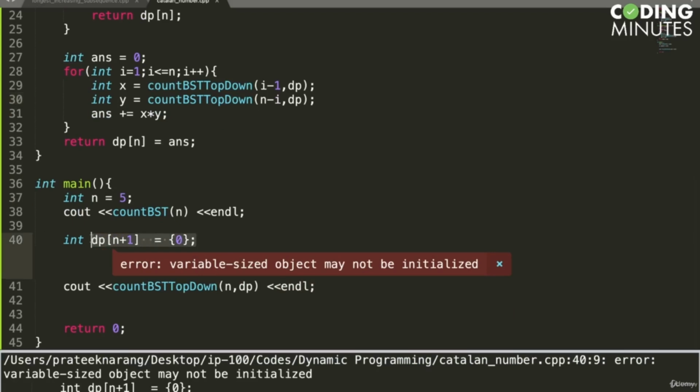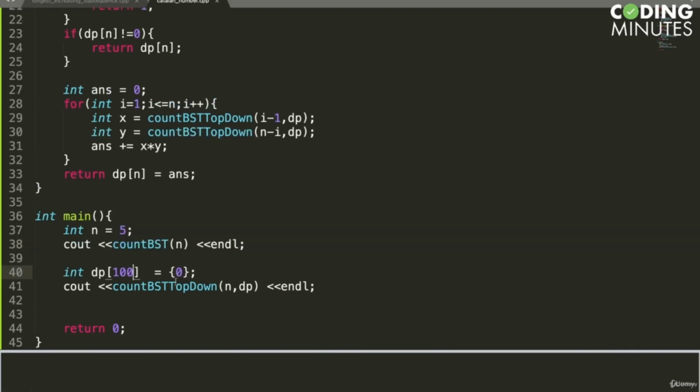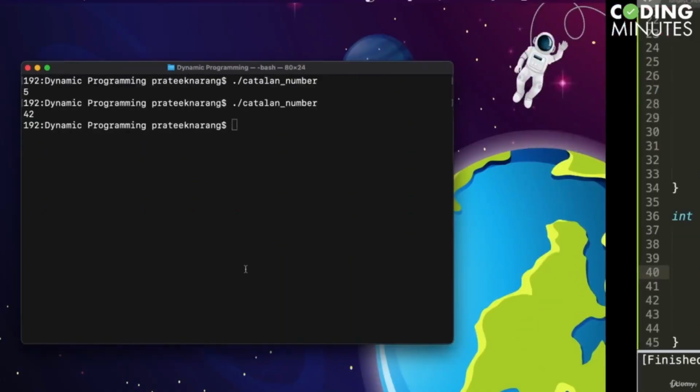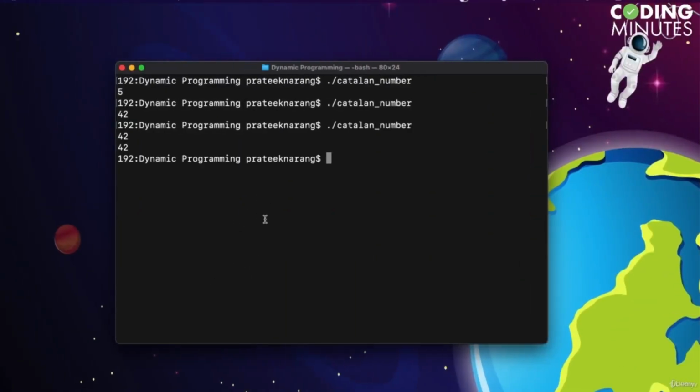Okay, let me just make it 100 for now and do it. So you can see in both the approaches the answer is same,